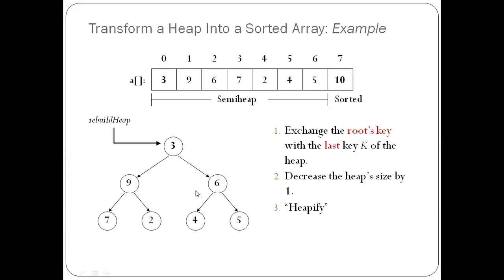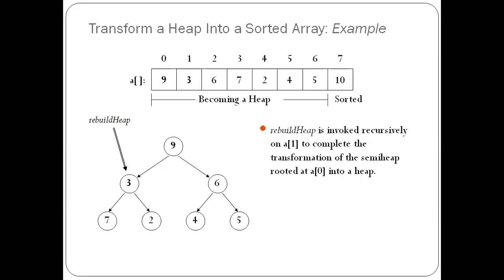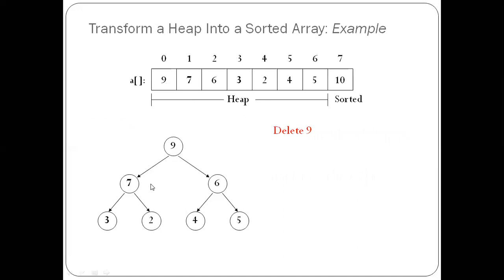So we find out the largest element and replace it with the larger one. So 3 and 9 will be exchanging. Again, 3 is not satisfying the heap property. So for 3, find out the largest one and exchange. That means the 7 will be coming on top. So in this step, a heap was constructed.